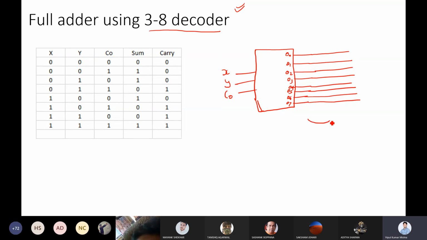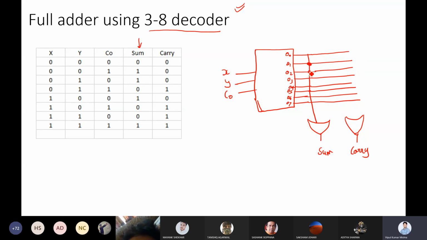Now suppose I have an OR gate. This is for sum, and I have another OR gate that is for carry. Right, now I have a line here. Now you have to find out where we will sort them. So can you find out from this table where we will sort them? Definitely in the first line. So we'll sort them here.